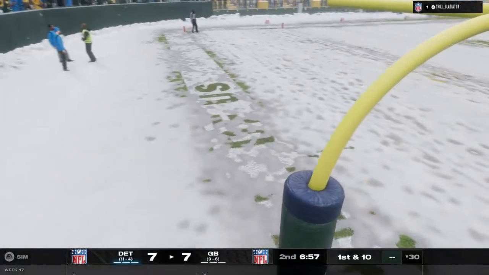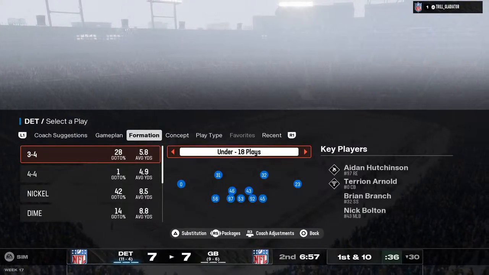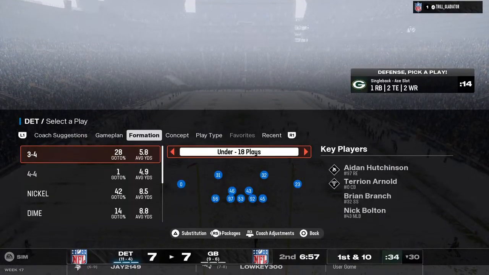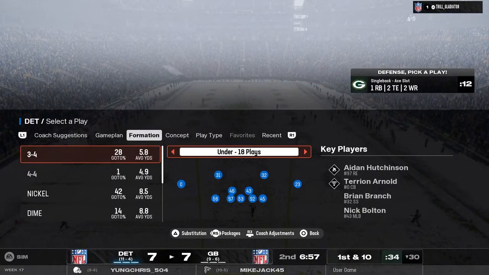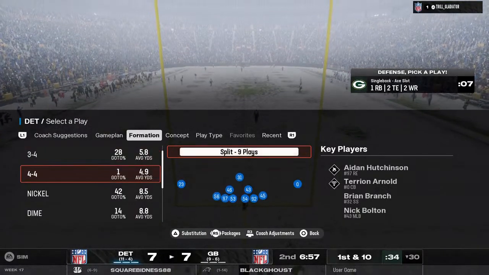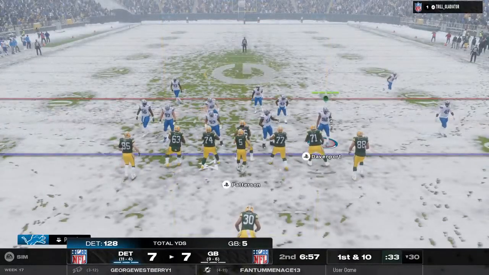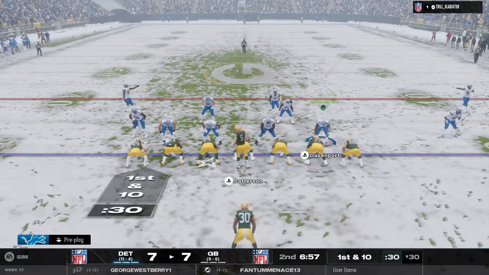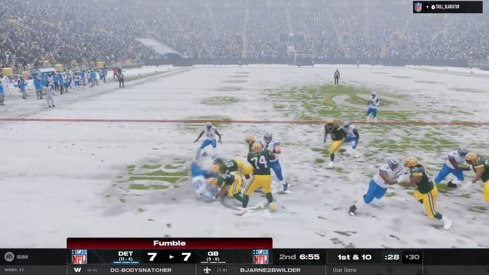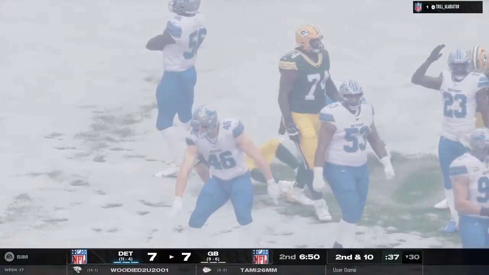The return team going to let that one go. It'll go through the end zone. It's a touchback. The ball's out. One of his teammates is there to pick it up. So even though they avoid the...